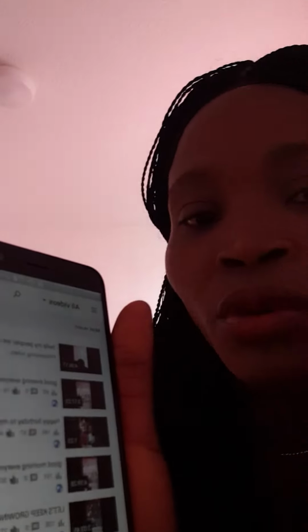So the one you want to turn off the comment section for, you go and touch it. Like me now, I want to turn off this one. You touch it. When you touch it, look at the top here. Do you see this biro? You touch it. You see it? The top here. The right setting. You touch here. So you come to the bottom. Look at it. The bottom.